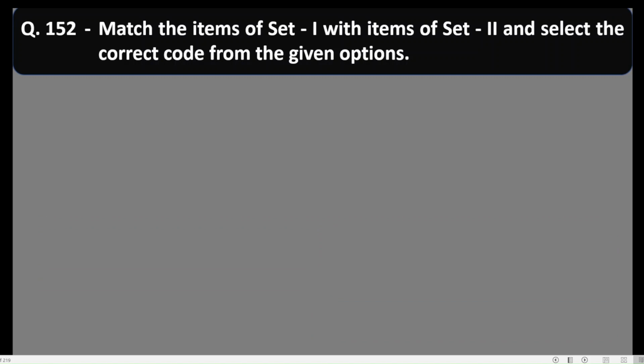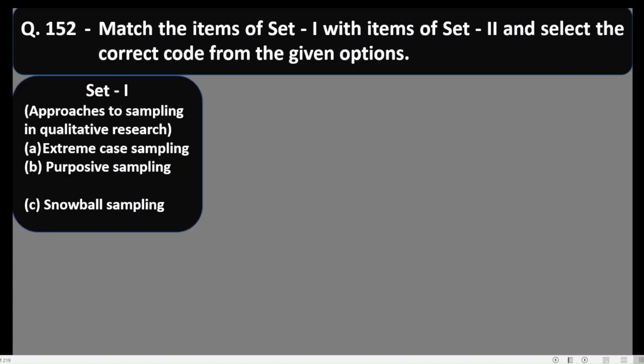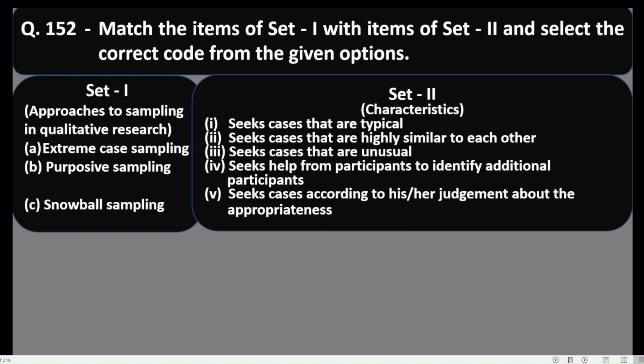Number 152. Match the items of set 1 with items of set 2 and select the correct code from the given options. Set 1: approaches to sampling in qualitative research. Three approaches are given: A, extreme case sampling, B, purposive sampling, and C, snowball sampling. Approaches of sampling for qualitative research are given in set 1, and in set 2,